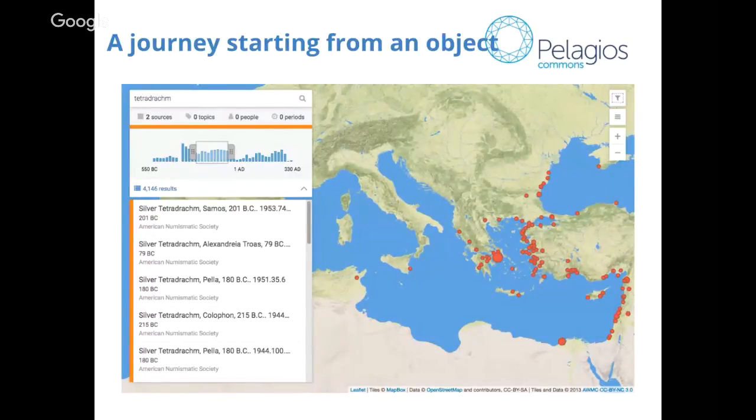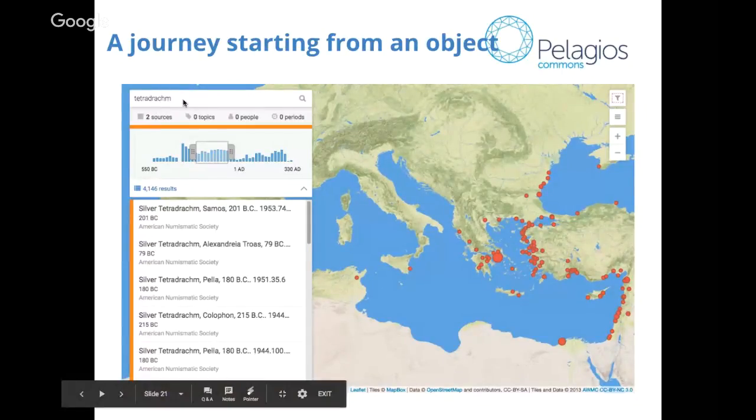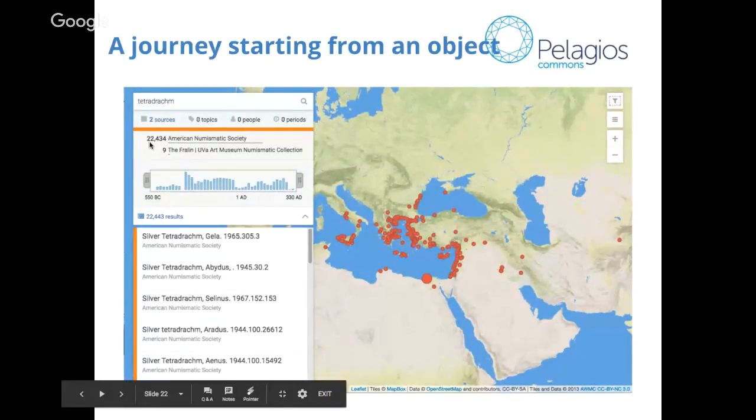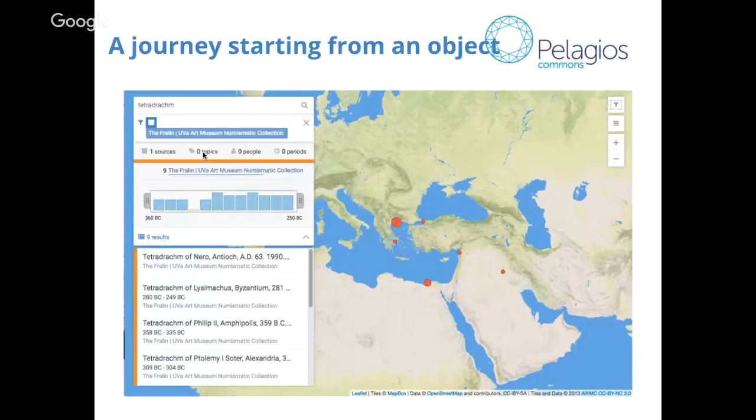But if we want to focus only on one data source in the tetradrachm, we could click on the breakdown by sources. And at this point, compared to the 22,000, I would say let's go for the 9 results in the UVA Art Museum collection, so that it is more manageable.